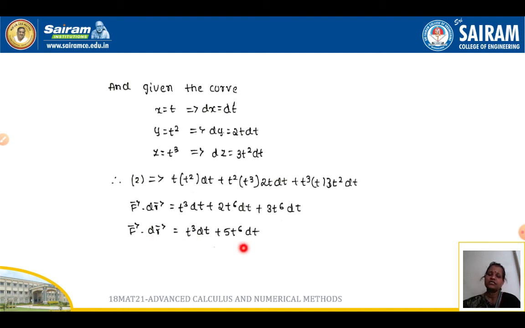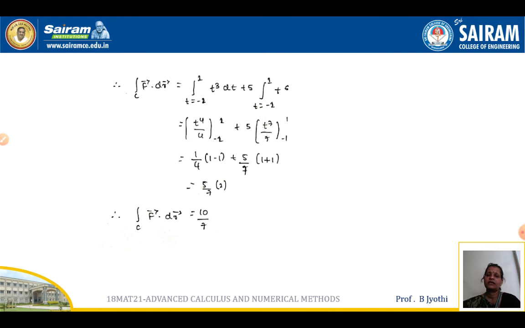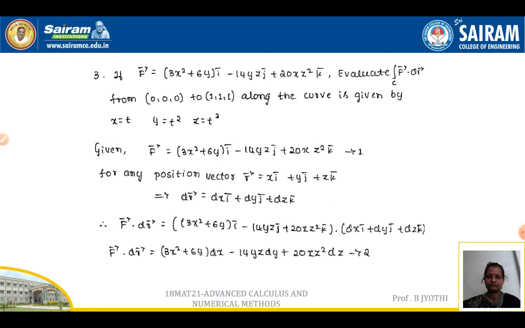And how is t varying? t is varying from -1 to +1. Okay, so it will be t power 4 divided by 4, and here it is t power 7 by 7. Whenever it is an even power, the first term will become 0, because 1 and -1 to the power 4 are both positive. Whereas the odd function gives us a number, that is 5 divided by 7 into 2, which gives us 10 by 7.